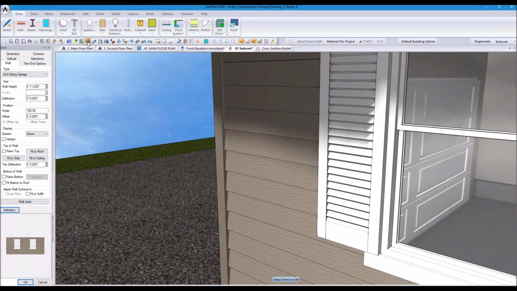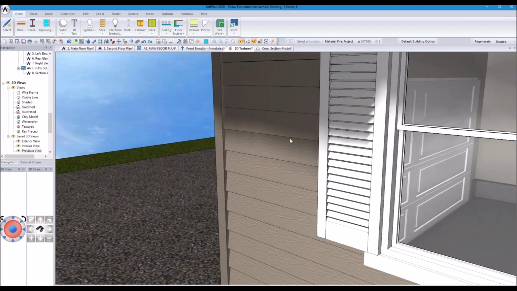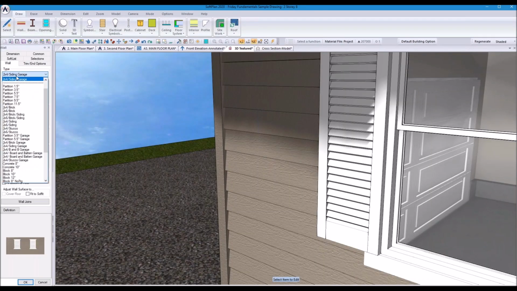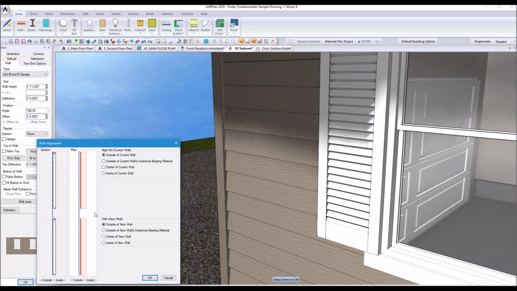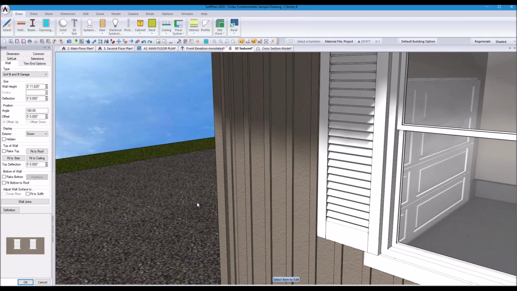And then we're going to edit this. Oh, I was already in there, so I could have just done it there. I'm going to change this over now to my new wall. I'm going to align the outsides of the siding with the outside of the siding just as a default. And there you go. So this is enhanced because I have currently set up in my